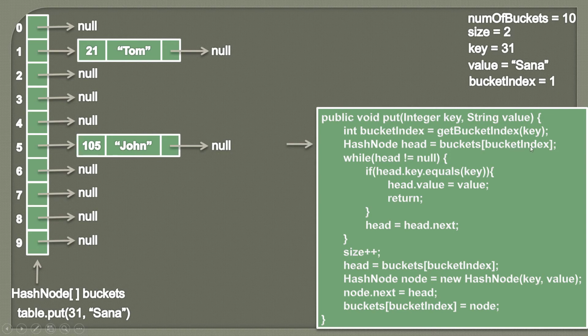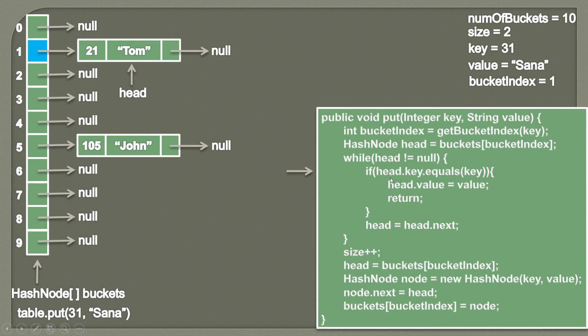We will access the hash node at this bucket index, which is at index 1. And to whichever node it is pointing, our head will point to that node because that would be our starting of this list. So head will point to this node. So now we'll see whether 31 is present in this list of nodes or not, which is at this index. So currently you see head is not equal to null. So there could be a possibility that this key and value might exist already in the buckets array.